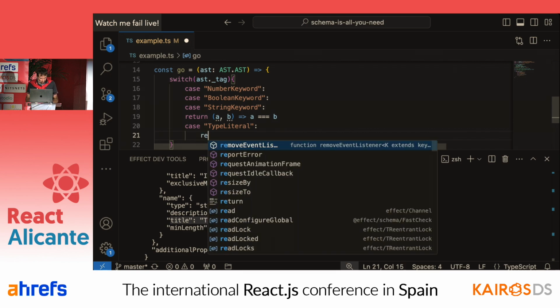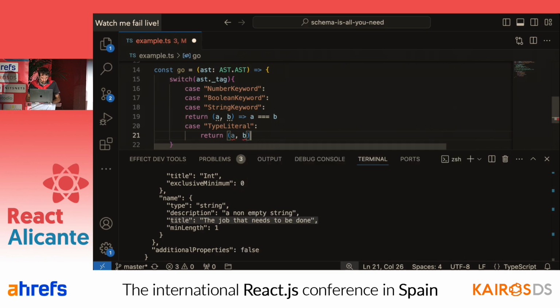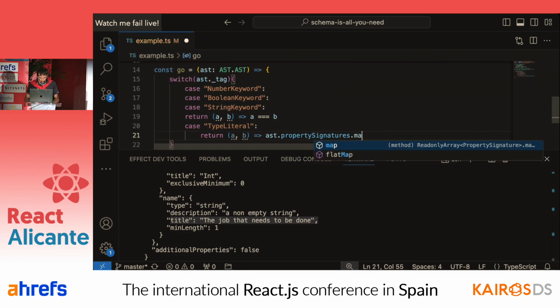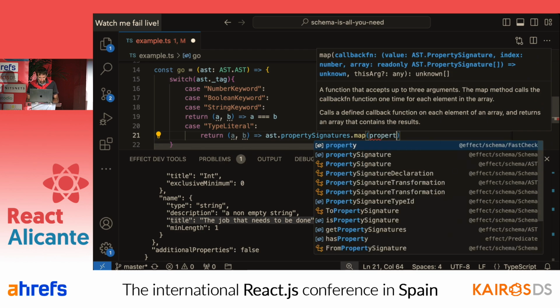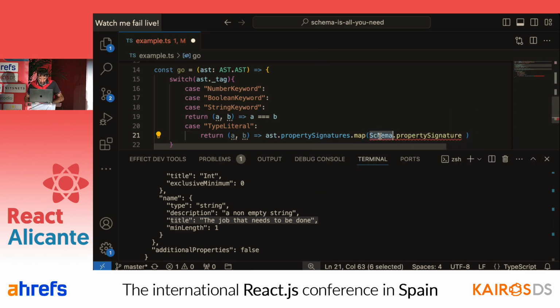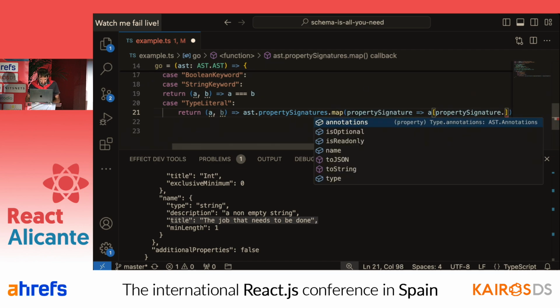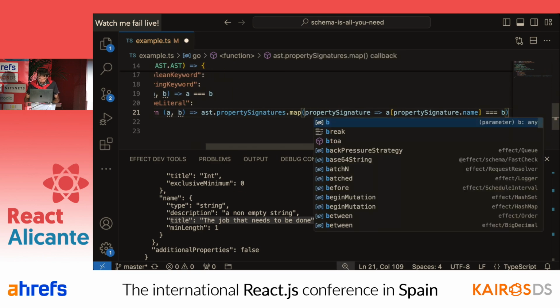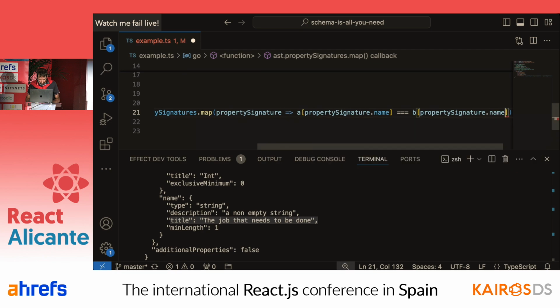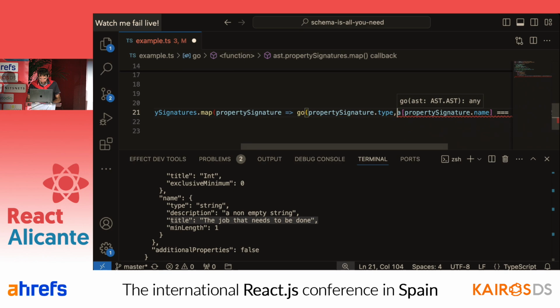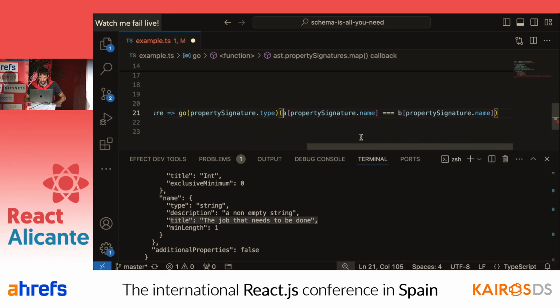We should return, with A and B as our values, a loop over the property signatures that we have in our schema, and for each property signature we check that A at that property signature dot name is equal to B at that property signature dot name, which is basically the same as calling the interpreter again with the property signature type and passing in those values.